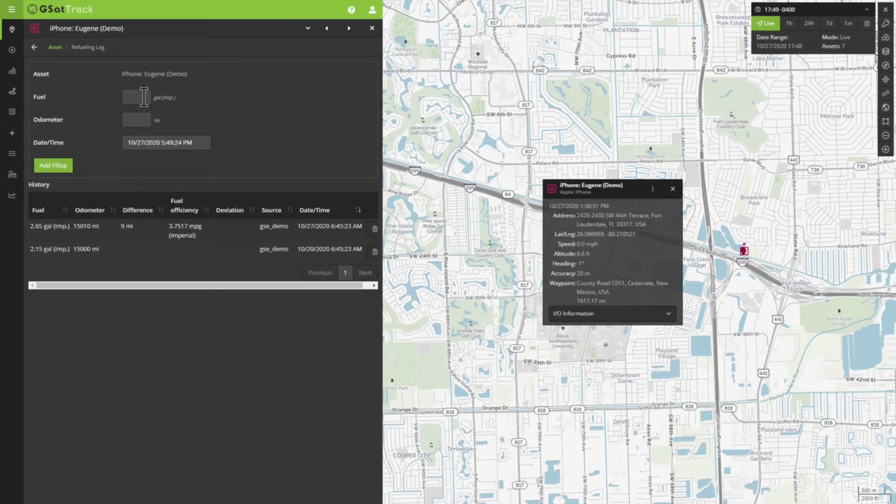Now here, I can put in my refueling log. I'm able to put in how much the gas was at the time, what the odometer reading was, and the date and time of the actual refueling. Then I want to add the fill up. There's already two here. We can see the time and the odometer; I generated these myself, but it gives you a good idea of the information that can be put in there. So I can see a difference of 9 miles since my last fill up. I can also show the efficiency, how many miles per gallon I was burning, and also the source date